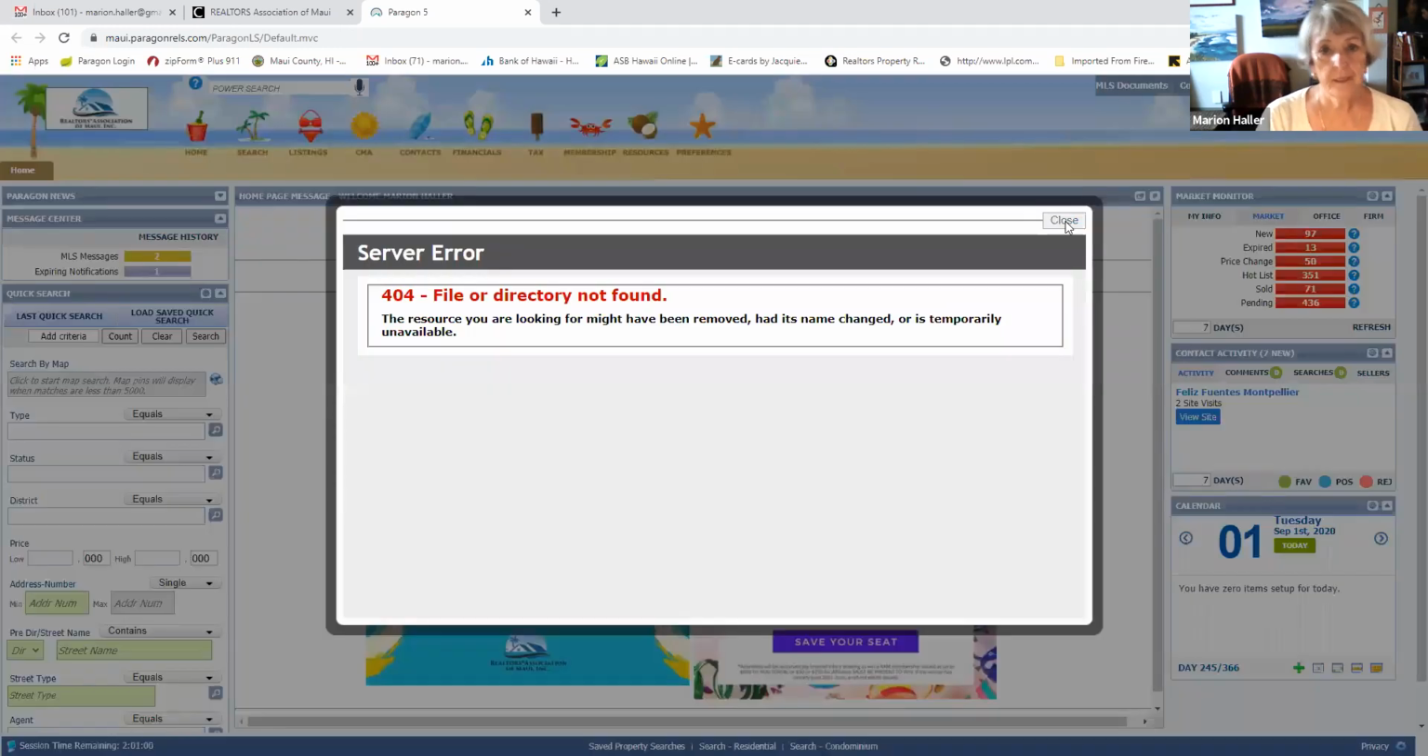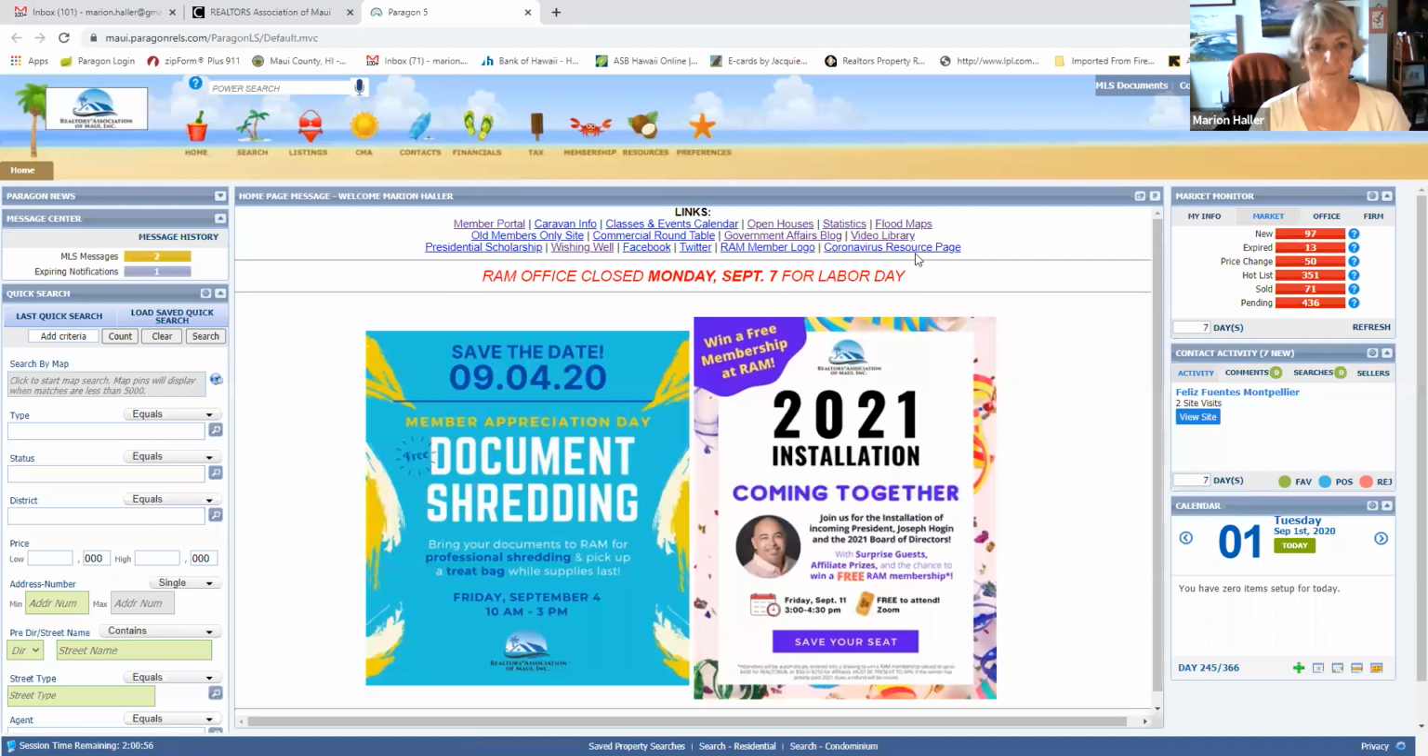Oh, yeah, I get this error report. I think that has to do with my computer. Anyway,